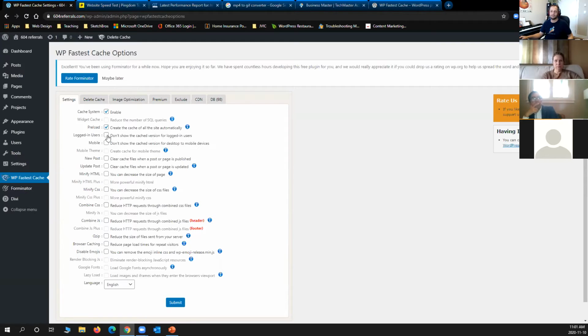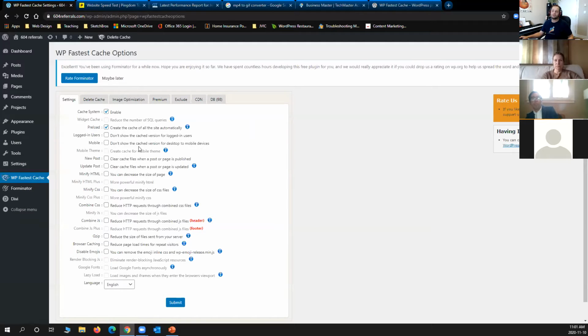Every time I activated this, I said, no, I want people to see the updated version, the logged in users like you, when you log in, I want you not to see the cached version, but the live version. It would actually break my page. So that's when I realized WP Fastest Cache was not the best option for my website. So I decided to go back to install WP, what was it? Geez, Rocket. And that is working perfectly. So that's what I'm saying. Make sure you know what you're doing with this. If you're not sure, talk to your web designer.